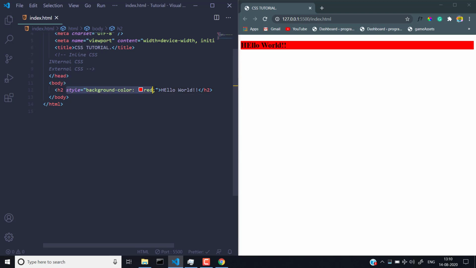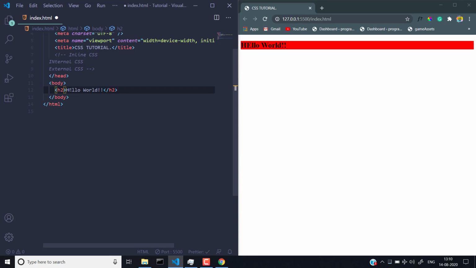Now let's talk about internal CSS. Internal CSS and external CSS work on the same principle, and the principle is that there are two types of groups we can classify all our CSS elements into: one is class and the other is ID. ID is specific to one element. It is not necessary for the CSS part, but it is necessary for the JavaScript part, because when we dive into JavaScript, an ID is for only one specific element, so that you can target that element and do some specific work, make the user interface a little more user friendly and interactive, and give it some logical algorithms.